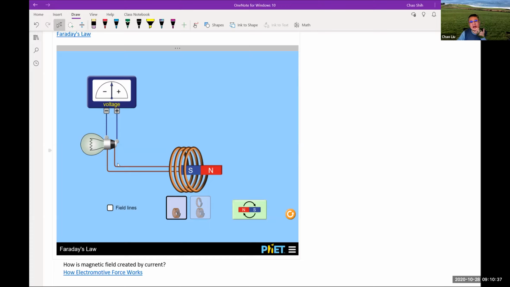As a matter of fact, I don't have to move my magnet. I can also move the coil. As long as one thing is moving in and out relative to the other, you are going to create a current. This is what we call induced electricity. Okay, and it's a very, very important idea because